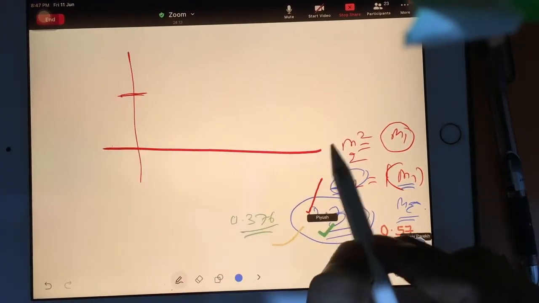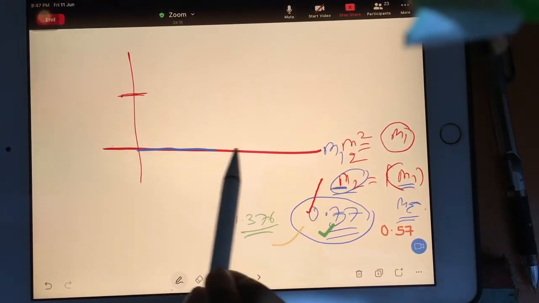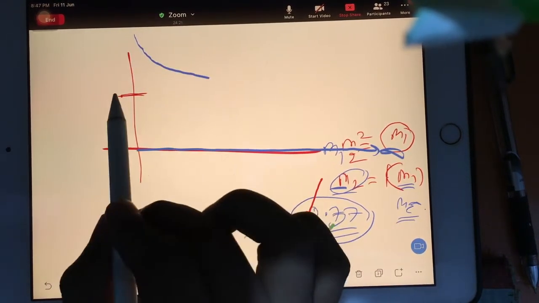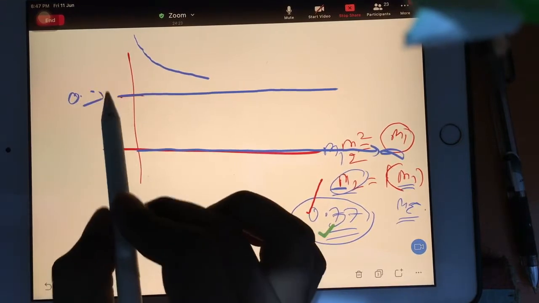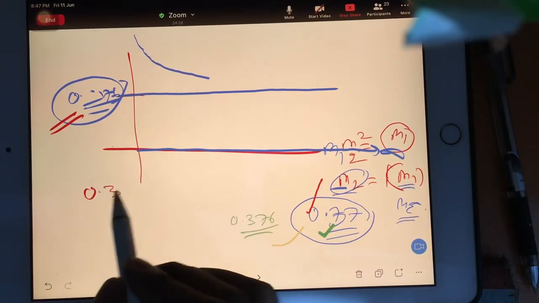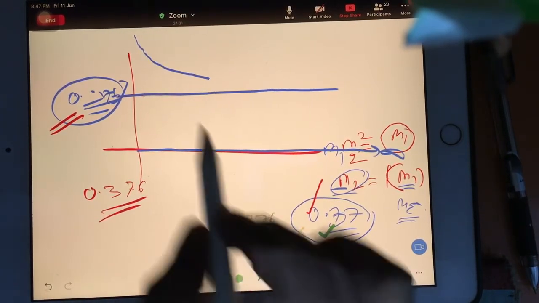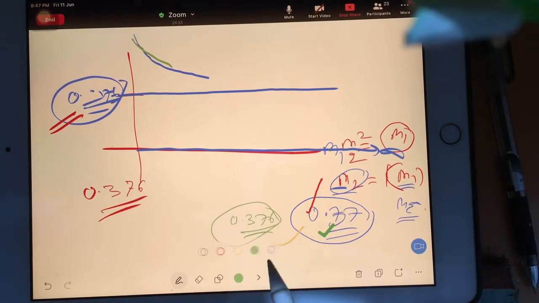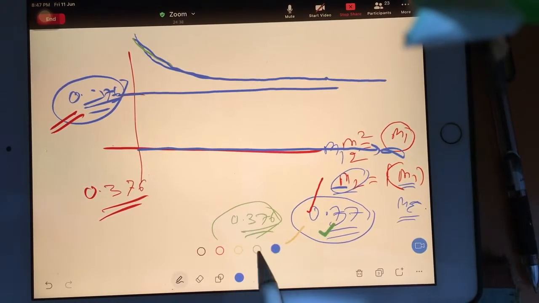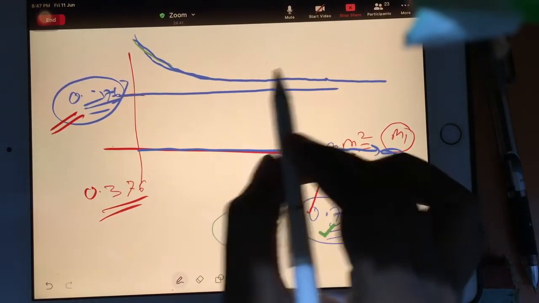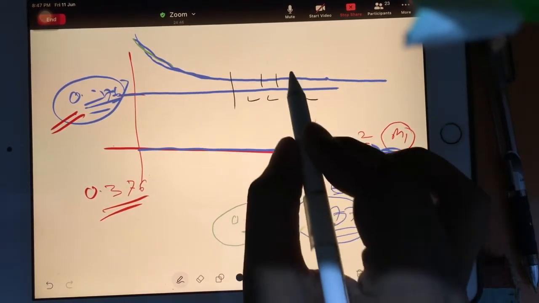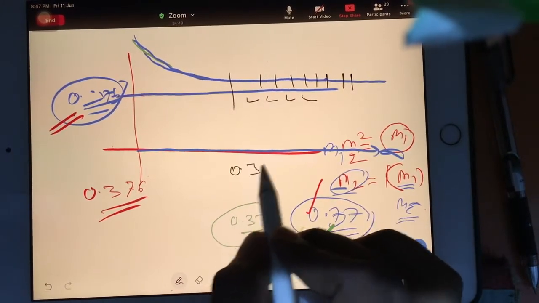So you can see if this is your M1 axis, you take M1 till infinite, but M2 will follow an asymptote line at 0.376, whatever the value. If you are watching on YouTube, just cross check this value, you can refer to any book. So this will go like this, it will never touch. But during the class everyone calculated, and we found that after a certain value, for every new M, we were getting the same value to 3 decimal points, right?